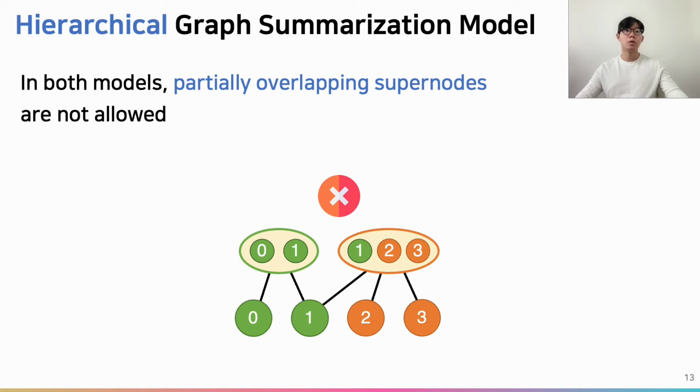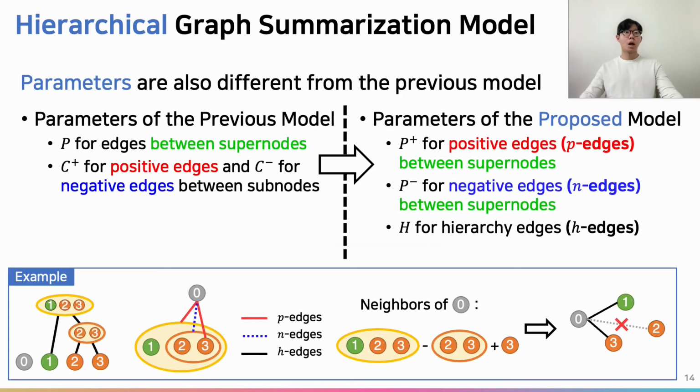However, note that our model does not allow partially overlapping between supernodes. That is, any supernode cannot have two parents. As a result, parameters are also different in the models. The hierarchical graph summarization model describes a given graph G using a set of H hierarchy edges between supernodes S,